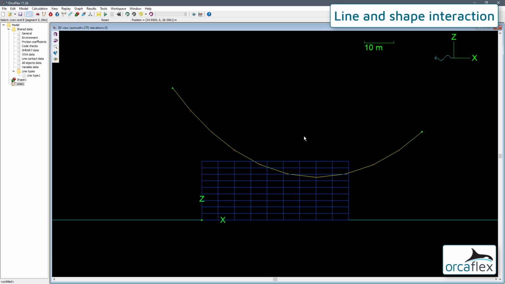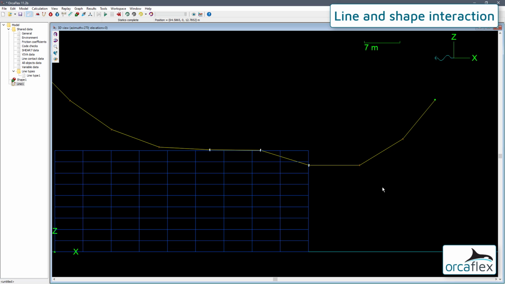Now, because of the long segmentation, we have 2 nodes in contact on the top of the shape and 1 in contact on the side of the shape. For this reason, we have to be very careful when modelling contact close to sharp edges like this, as a small change in position of a node could result in a large change in reaction force, magnitude and direction as the contact moves from one surface to another.